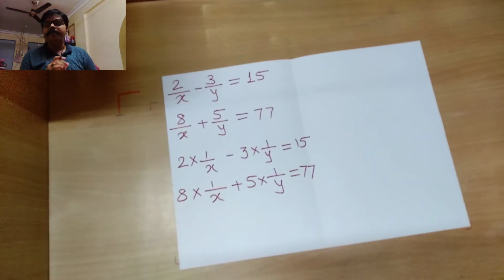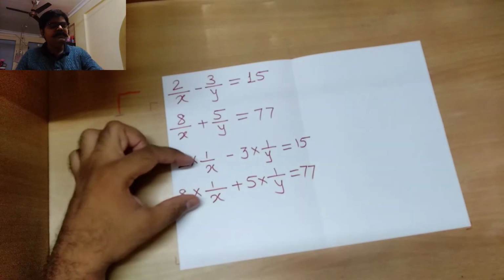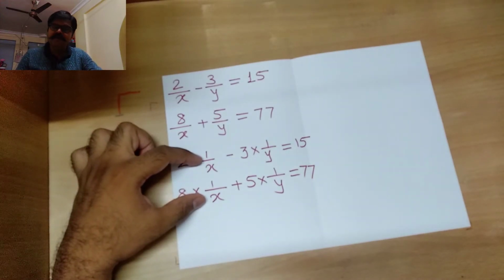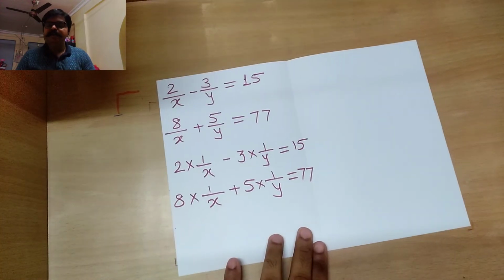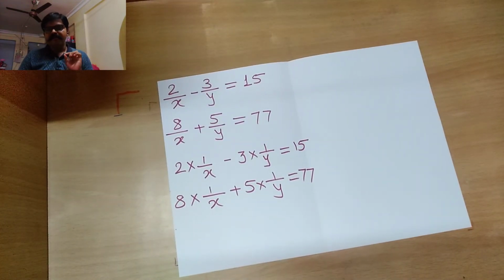But what was the point of writing the equations in this way? The point was to identify a symmetrical or similar figure over there. If you observe both equations, you will come to know that both of these equations are having one factor common, which is actually 1 upon x and 1 upon y. Okay, so somehow we are going to exploit this fact. Let us see how exactly that can be done.